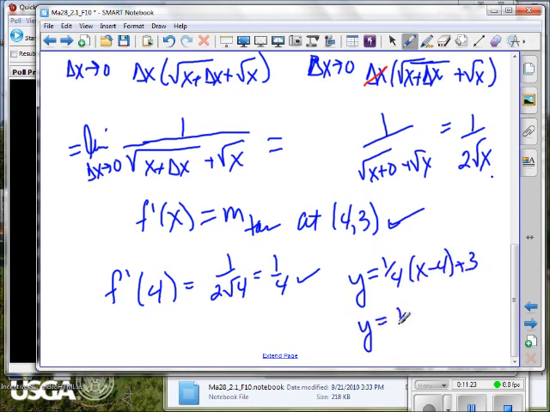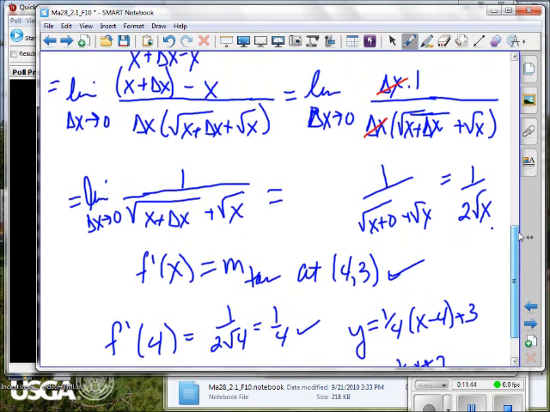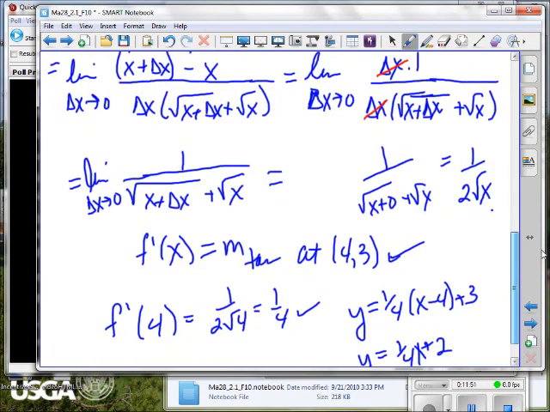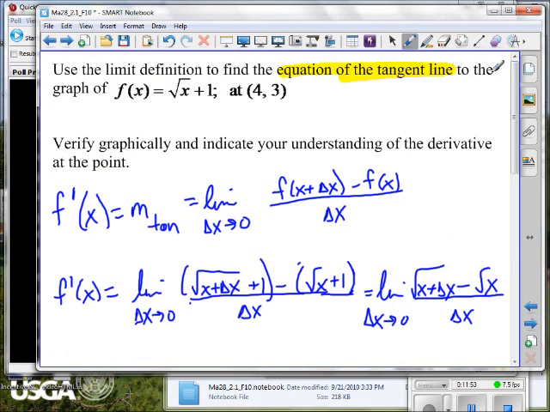Then what do you know I'm going to ask you to do? Graph it. Absolutely. We've got about 6 minutes before I want to start that, so let's see how fast we can get those graphs done. So take your Inspires. You need to know what the original function is. Do I need to go up and show you? There it is: square root of x plus 1. Square root of x plus 1. In fact, I'm just going to leave it there. Now, we want to be able to check our